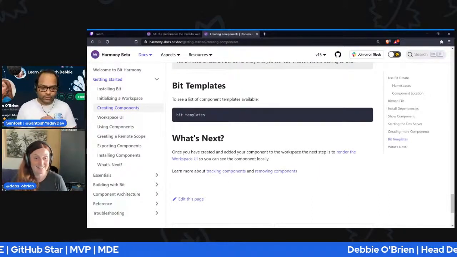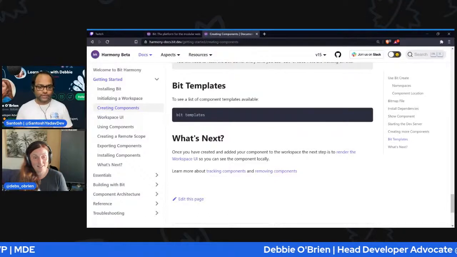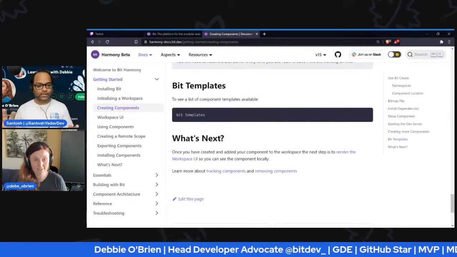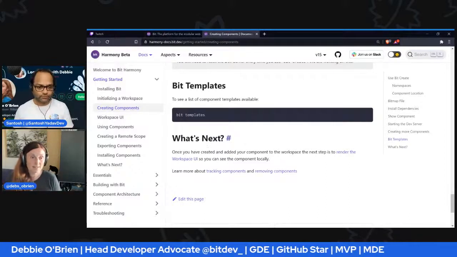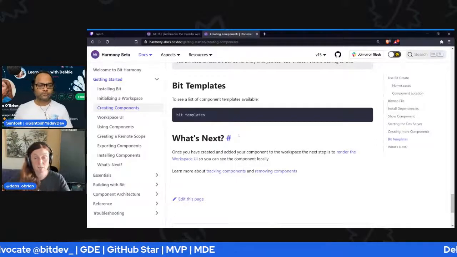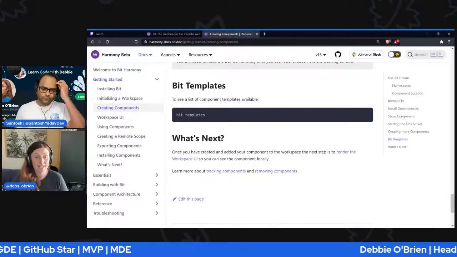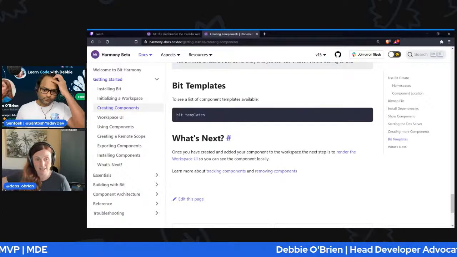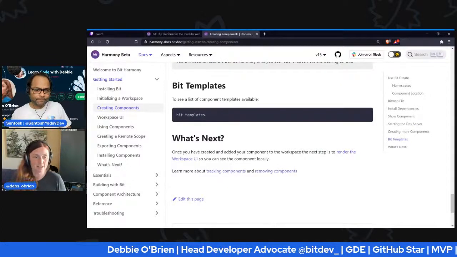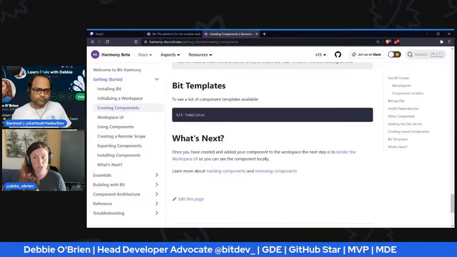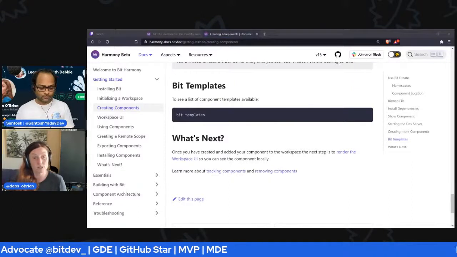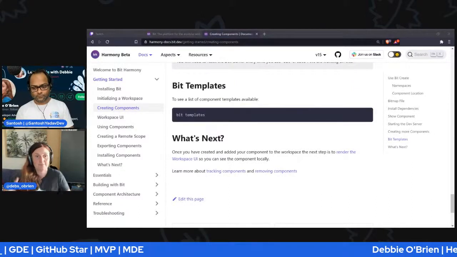Okay, so while installing, we have to use BVM, right? Which is Bit Version Manager. Yes. So rather than NPM, we have to start using BVM. Yeah, just to install it. But only to install Bit. Then when you're installing your package in another project, say you create a React app and you want to install that component, you can use NPM in that external project. But in a Bit project, you would use Bit to install testing library because you're in Bit, right?